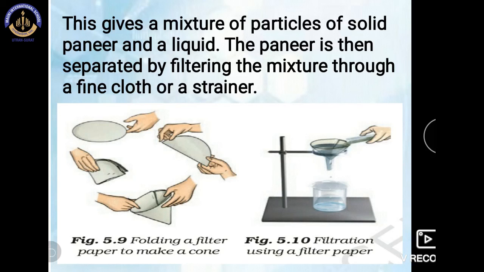By using a cotton cloth or a strainer, which has small-sized pores, we can remove the paneer from the mixture of liquid. So by this process, as you can see in this picture, figure 5.9 and figure 5.10, we can do the filtration process. Here in this 5.9, the process